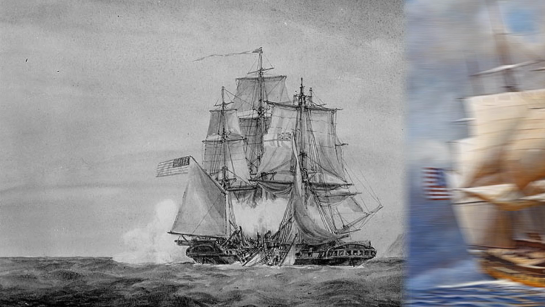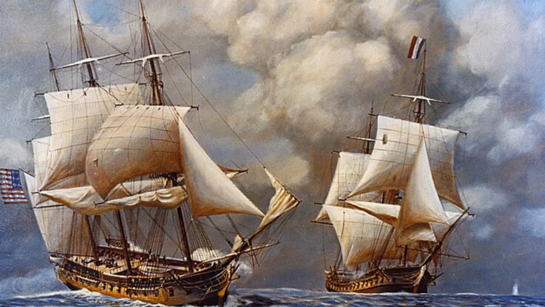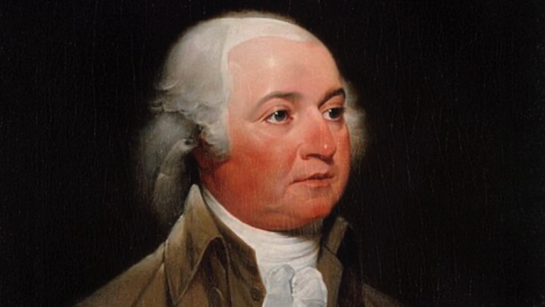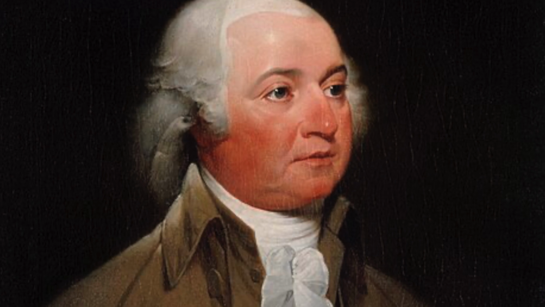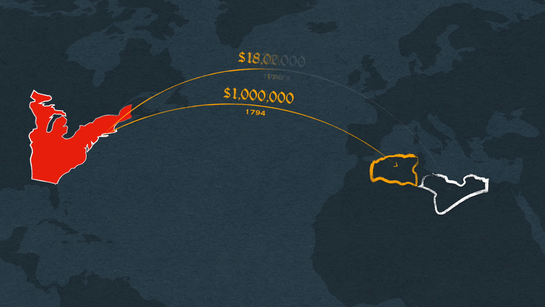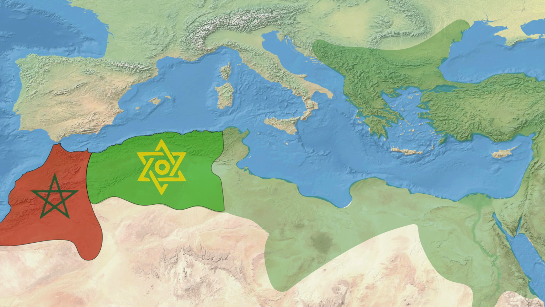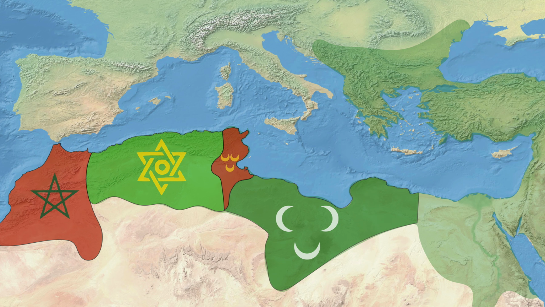But since he was preoccupied with France, Adams didn't feel he could afford a war with the Barbary pirates, and opted instead for paying exorbitant ransoms and pushing for peace. In December of 1799, the US agreed to an $18,000 a year ransom with Tripoli alone, close to 2% of the federal budget. And keep in mind, there's 4 of these states, right? So each of these things you're hearing, it's just for one of these 4 states. Oftentimes, the Barbary states were jealous, and if they saw another state getting more ransom from the US, then they would actually up their prices as well.